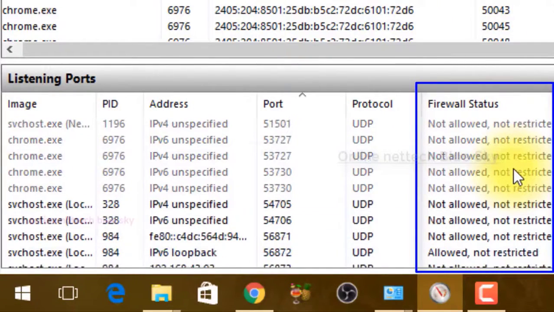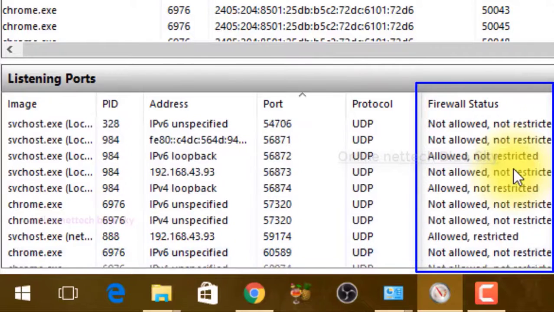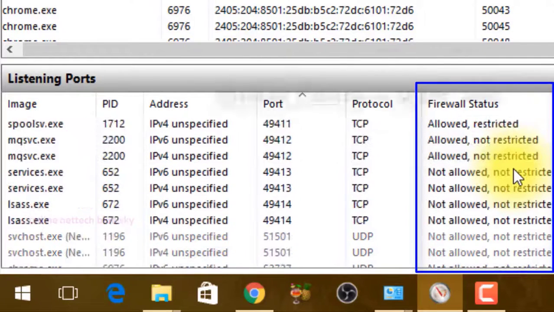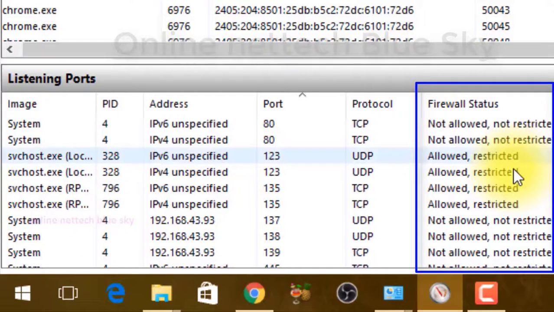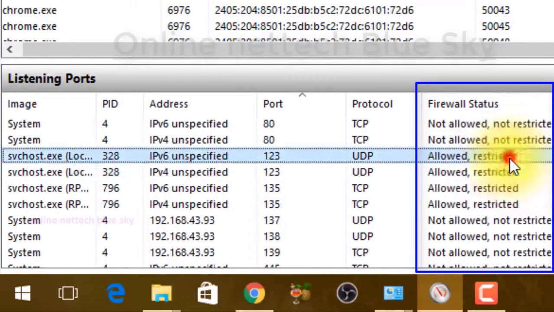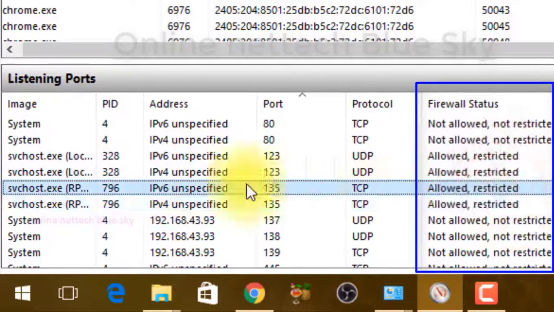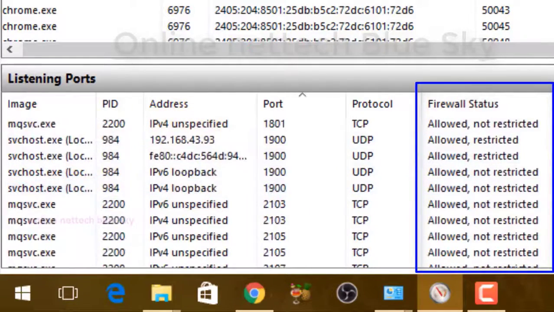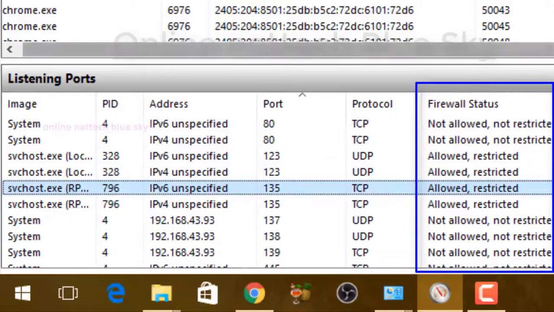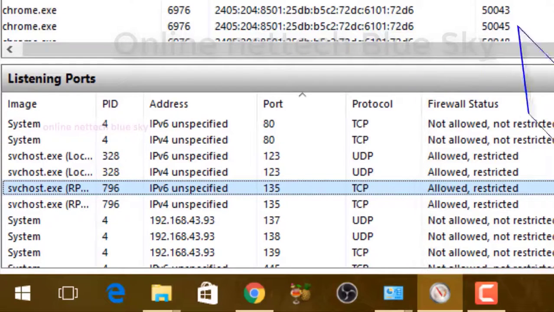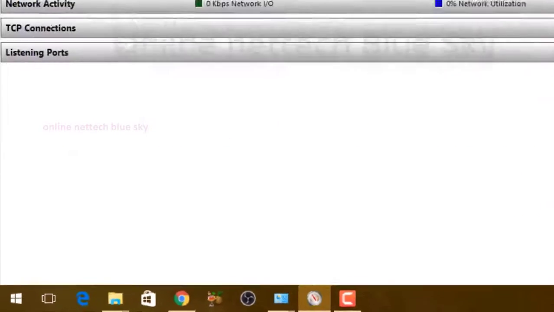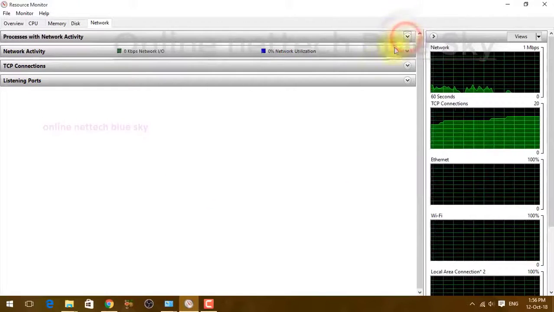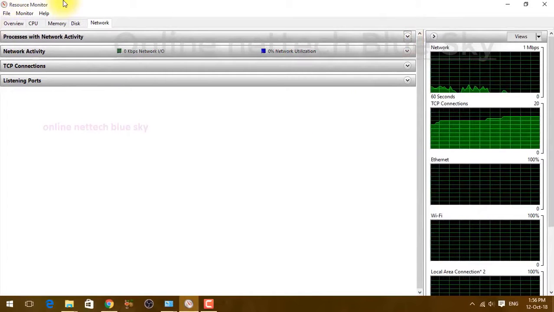You allow this type of connection, you allow this software. Maybe you use software that is suspended, and I think it does not work. For that reason, the firewall status means it is not allowed by your system. So first I will show you this type, svchost.exe. These allow restricted some files in my firewall, and for this reason I cannot use more of the system here.